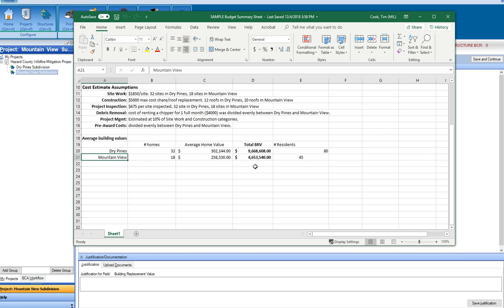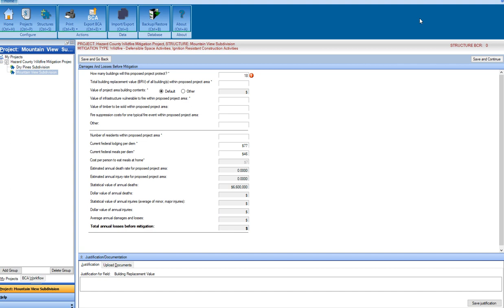Again, this is the combined total of all of them in the subdivision. So in this case, mine is $4.6 million, not bad. So let's go back to the screen and type that in. 540,000. Okay, and I'll address those exclamation marks in a second, but first I want to point out what the